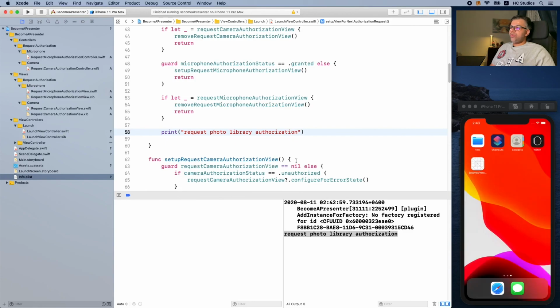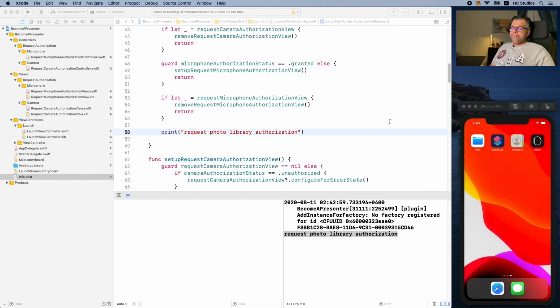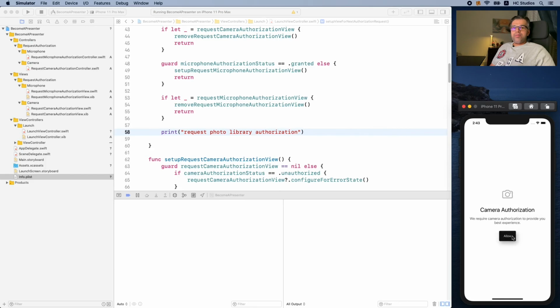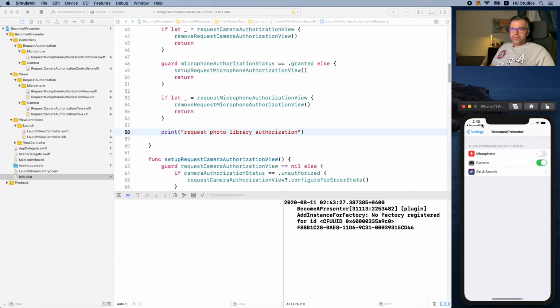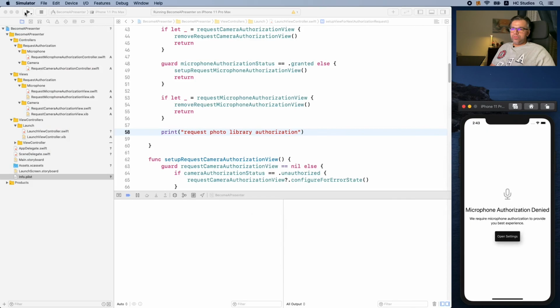Let's test out one more thing. I'm going to delete the app, run the app. For camera authorization, I click allow and say OK. But for the microphone authorization, I said don't allow. Now my microphone authorization is disabled. So this time when I click on the link, I should open up settings. That's fine. And also when I stop and run the app, I should be under the denied microphone permission